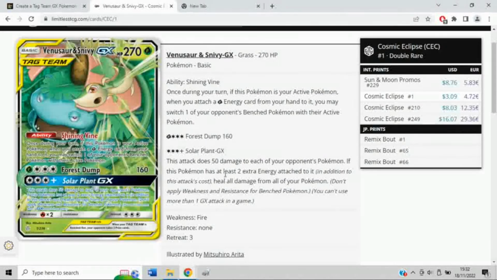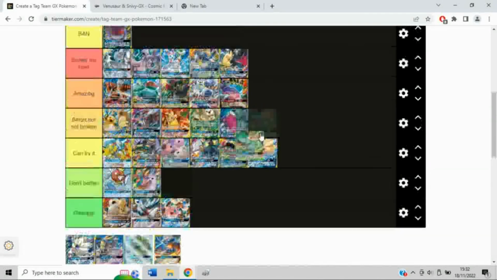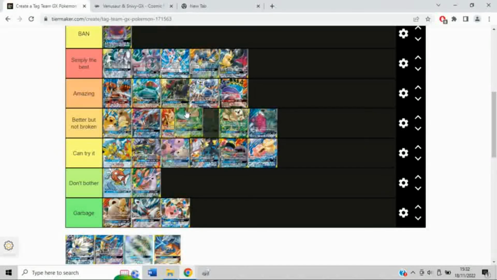And then if you have at least 2 extra energy, so 5 energy, you heal all damage from all of your Pokemon. This definitely feels like a subpar card, but it will give grass decks or decks that play basic grass energy an option for Gust, which is super unique in this format. So just the option for Gust alone warrants this to be higher than Contrite, I think. So I think this is comfortably in here, actually. Better but not broken. It's another better but not broken. It's super mid. It's definitely a tech card of sorts, but it's not,